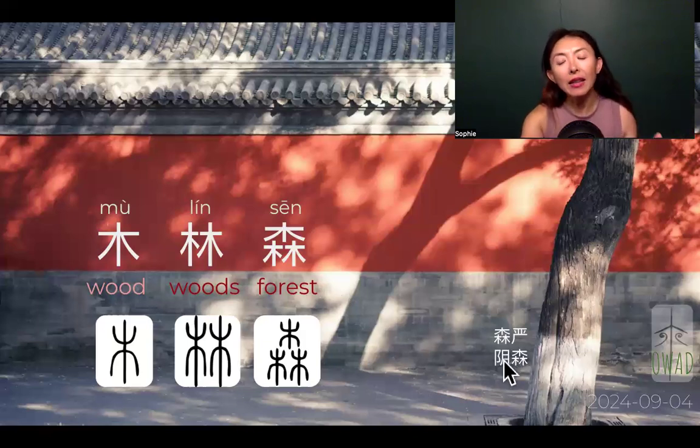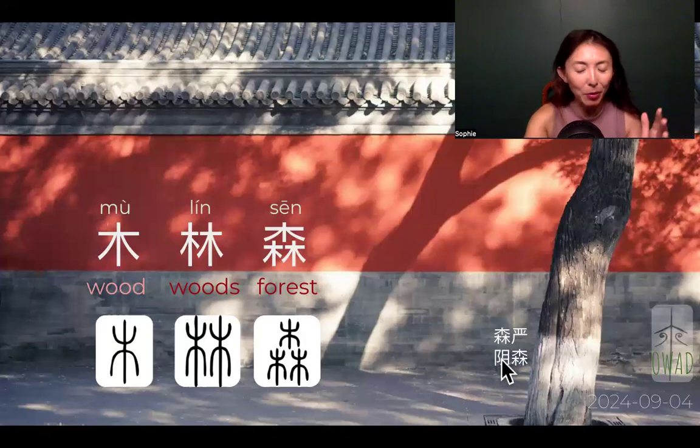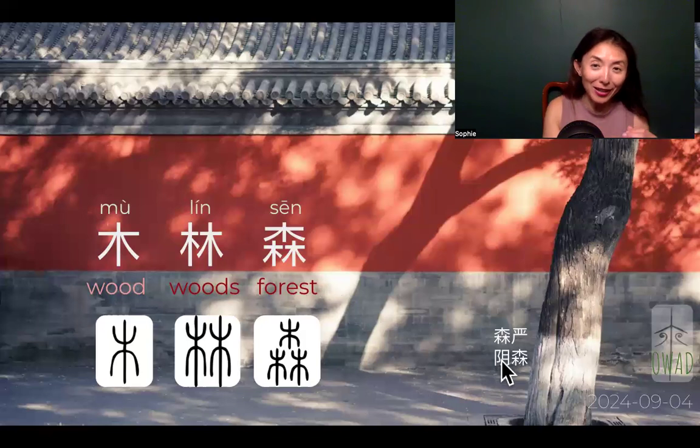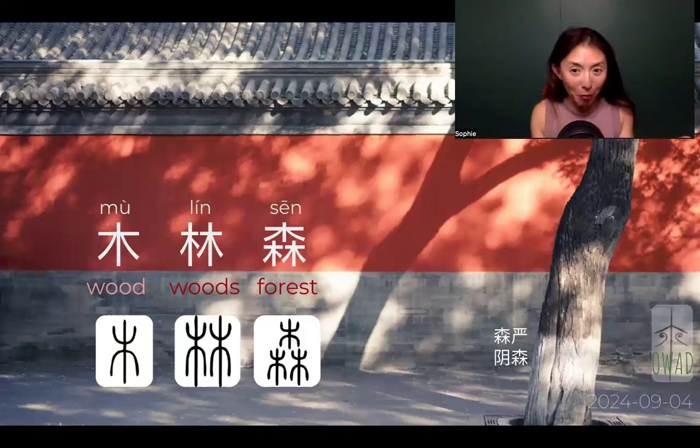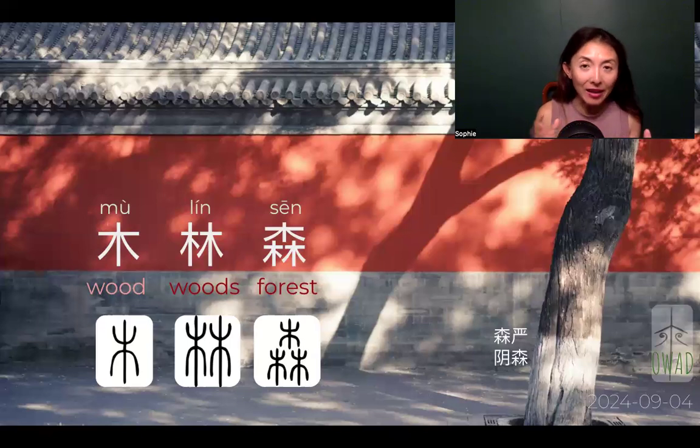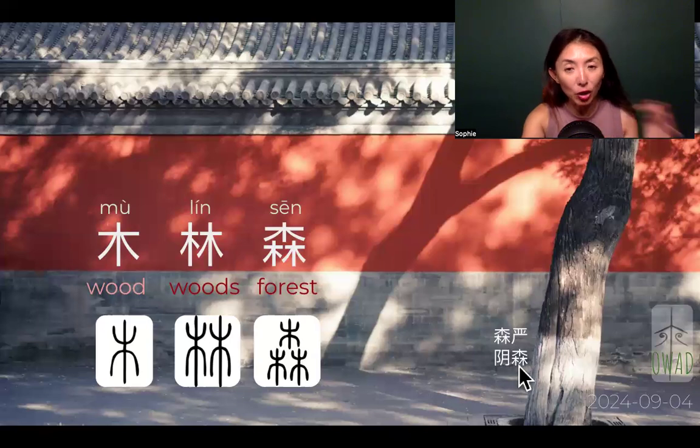Okay. And then yin sen. Yin is the same as the yin in yin yang. In the West, people probably have heard that one a lot. This yin actually means shade. It means where the sun cannot directly shed light. So that's the no-sun zone. And we paired that with sen, yin sen. This sen means there's no sunlight in there. And that is tapping into the forest's diversity concept,